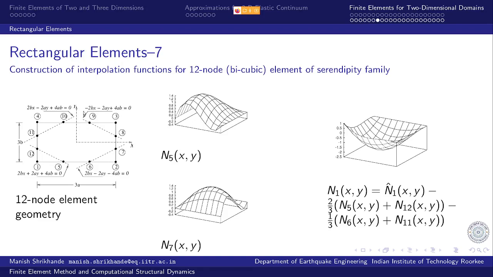And similarly, these equations are derived for all other 1/3 and 2/3 position nodes. And once we have all these interior 1/3 and 2/3 position nodes, then the interpolation function for corner nodes can be derived by tweaking the bilinear Lagrangian model for corner nodes.